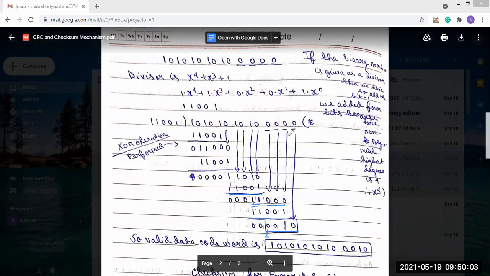Now, this is when the message will be sent. The sender will send this message, you can see, this 4 bits is changed as 0 0 1 0. Total data word message plus 4 bits, that is 1 0 1 0 1 0 1 0 1 0, and the 4 bits, which after redundant bit, the modified redundant bit is 0 0 1 0. So the sender sends this total data word including the redundant bit to the receiver.